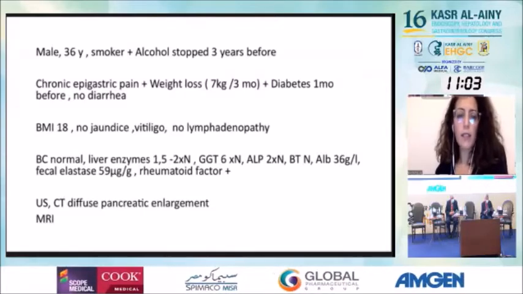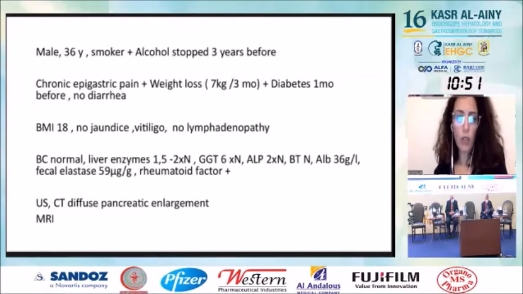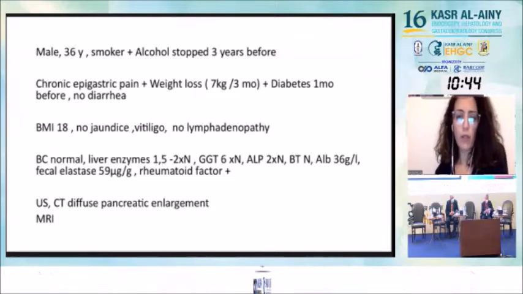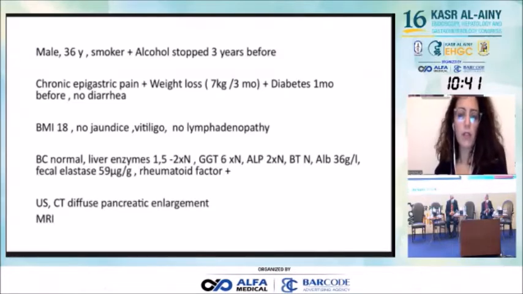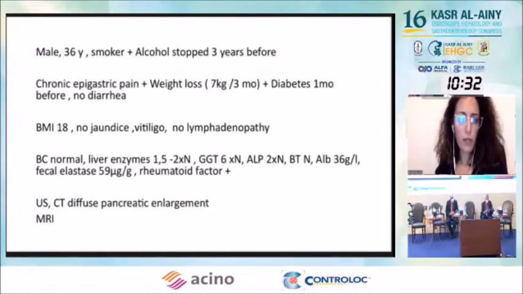His fecal elastase, which we looked for afterwards, after we knew there was a pancreatic involvement, was really very low, showing exocrine insufficiency. In other laboratory tests, we found rheumatoid factor to be positive, but antinuclear antibodies were negative. First-line imaging, ultrasound and CT, showed a diffuse pancreatic enlargement,